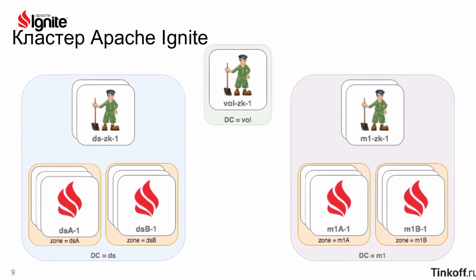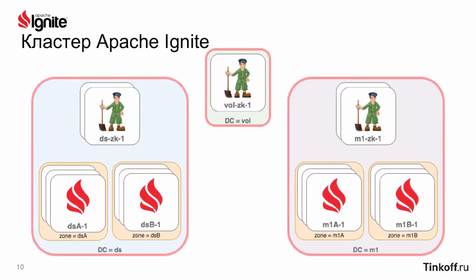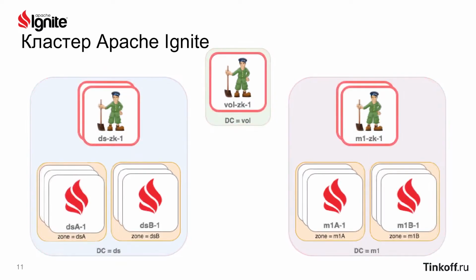Let's discuss our cluster architecture. We have 3 data centers. 2 of them are main, DC1 and DC2. And in addition, 5 nodes of Zookeeper in them. It's the reason why we have 3 data centers. If one of them fails, Zookeeper is able to make a quorum and protect us from split brain.